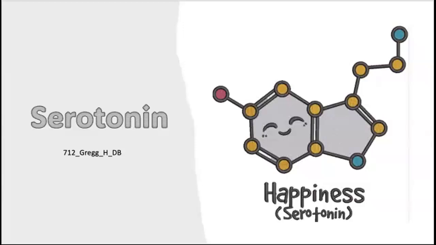This is my presentation for the neurotransmitter serotonin. I'll be discussing where it's found in the brain, the pathway that serotonin takes, the receptors that it uses, cues of an excess and a deficiency. I'll discuss two types of psychiatric illnesses or illnesses in general that can be caused from it. And then I have my reference slide.